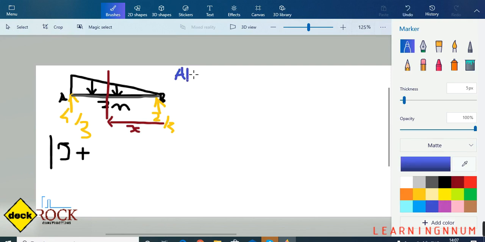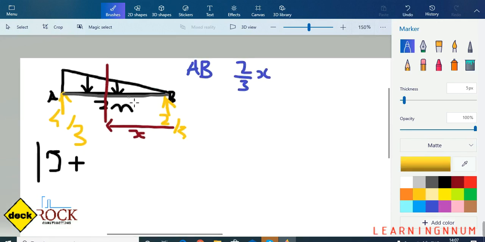Due to 2 by 3 about this section, the moment would be anti-clockwise, right? Yes, sir, this is anti-clockwise. So 2 by 3 into x, right? Now this total vertical load would be acting here, of the triangular loading. So the triangular total loading is what? Area of triangle. How much was it? Half into x into x. So that was x square by 2, right?